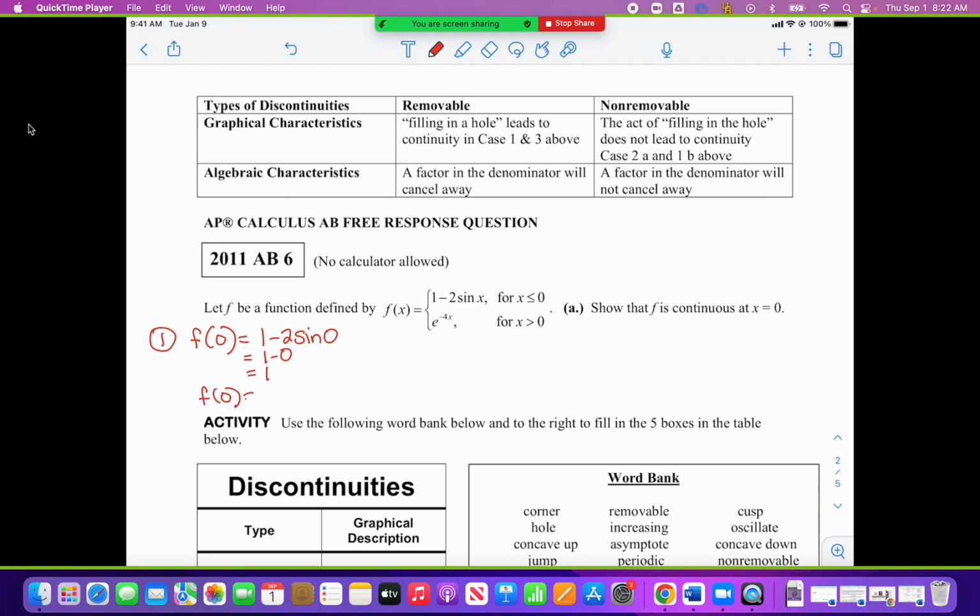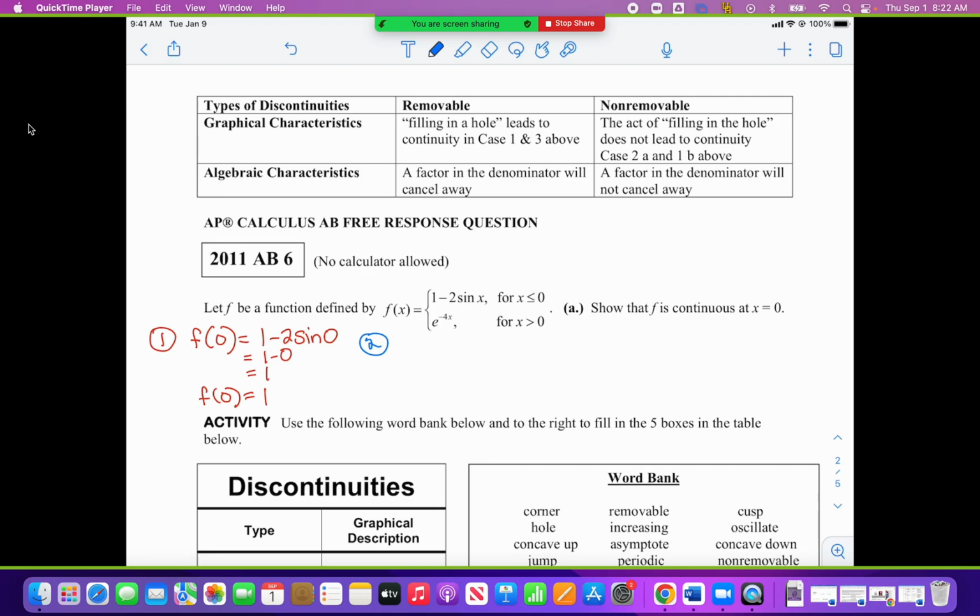So f of 0 exists, and it's defined. Number 2, I have to show that the limit exists. And I want you to, there's always a method to my madness. In that stand up and talk,